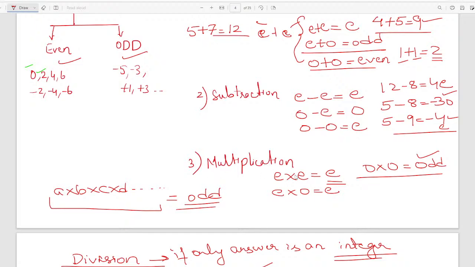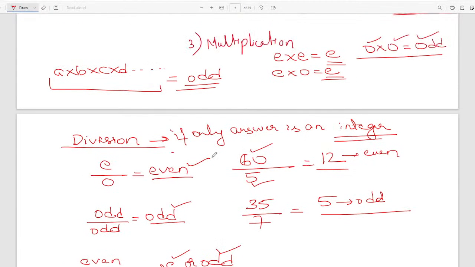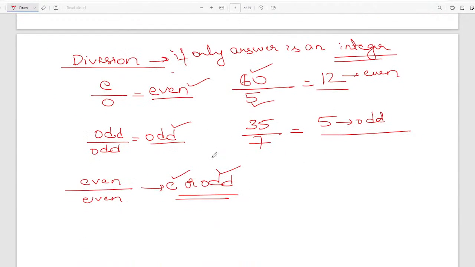And multiplication, whenever you are multiplying any numbers, you would get an odd number only if all the numbers are odd numbers. And if any one number is an even number, the final product will also be an even number. So in division,